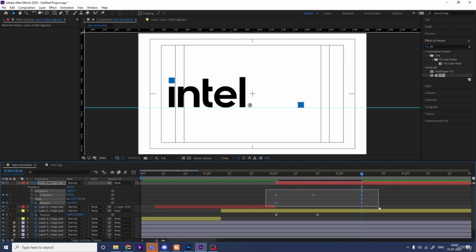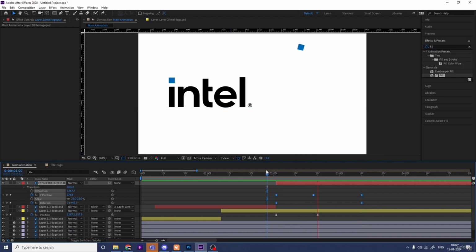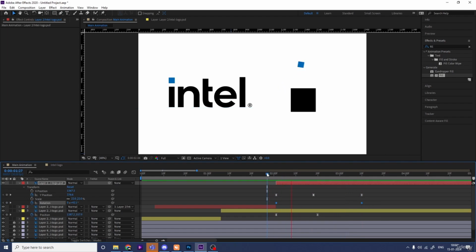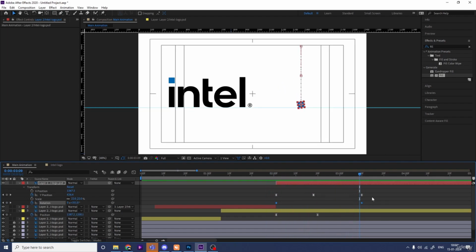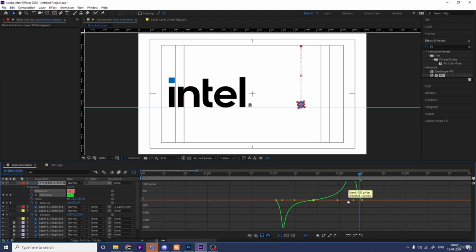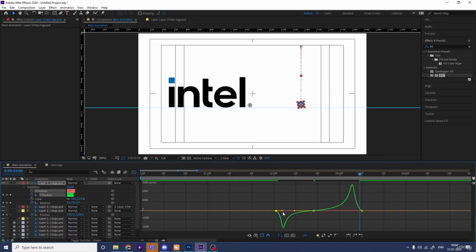And select those keyframes and hit F9. Okay, also select those rotation keyframes and, by holding Control, I'm going to reduce the rotation animation. Now select those positions, go to the graph editor, select this graph, hold Shift, move this handle over here and this handle over here, move this handle over here, select this and move this handle over here